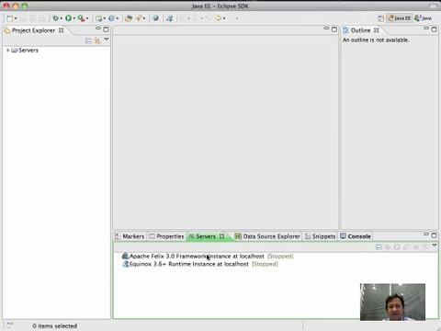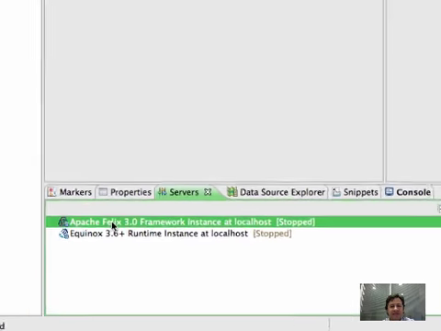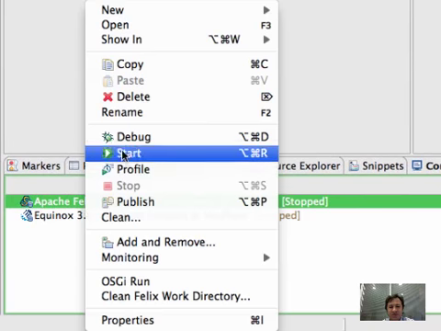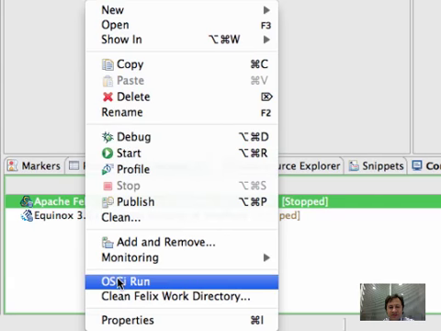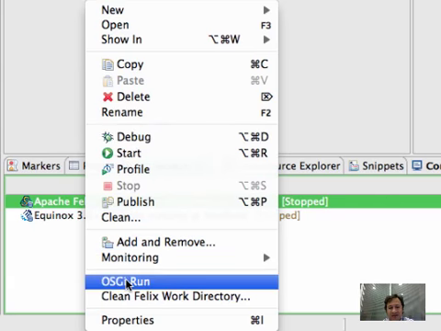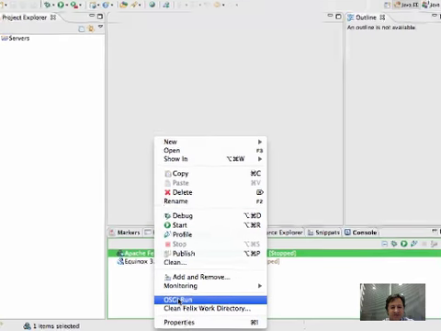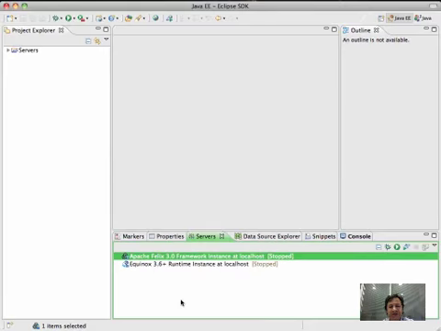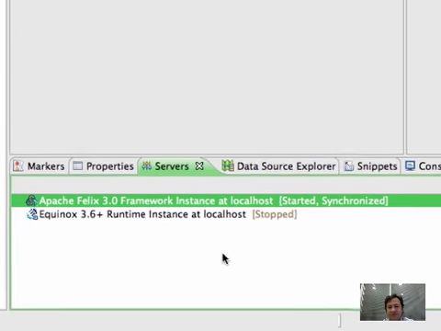And let's click Finish. Now, how do I start and stop? You basically click on it and just choose one of these options. We prefer to use the OSGi Run and OSGi Debug options because it first does the configuration step and then starts the framework, whereas these other ones have asynchronous behavior. So I prefer to use the OSGi Run. Let me click on OSGi Run, and it will very quickly start